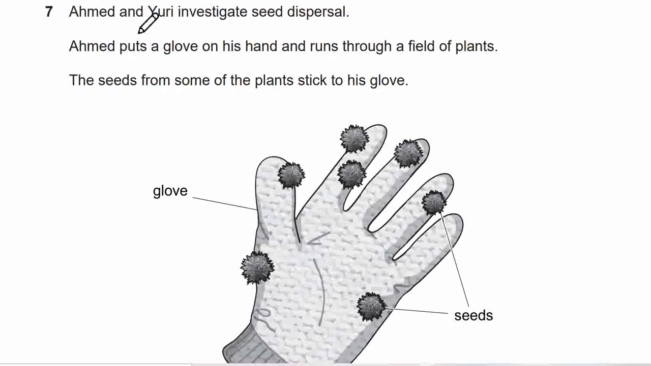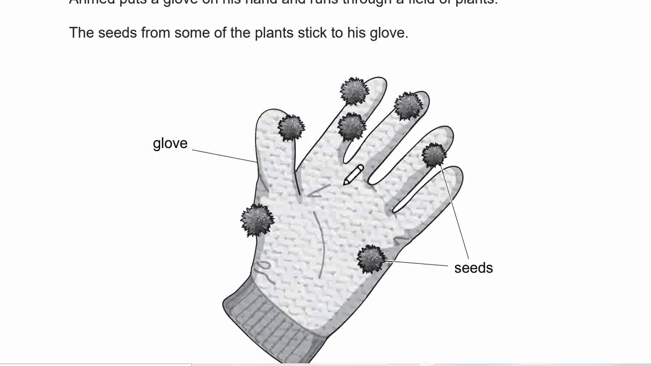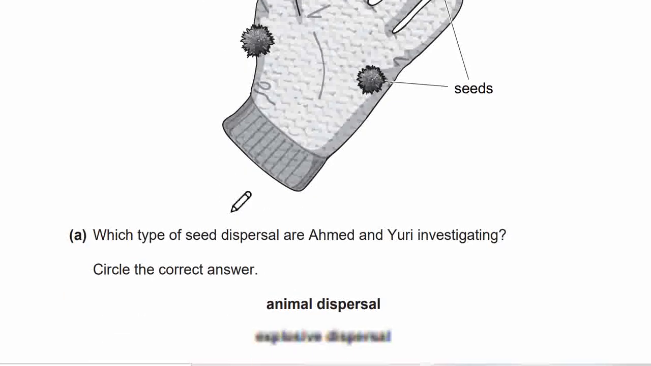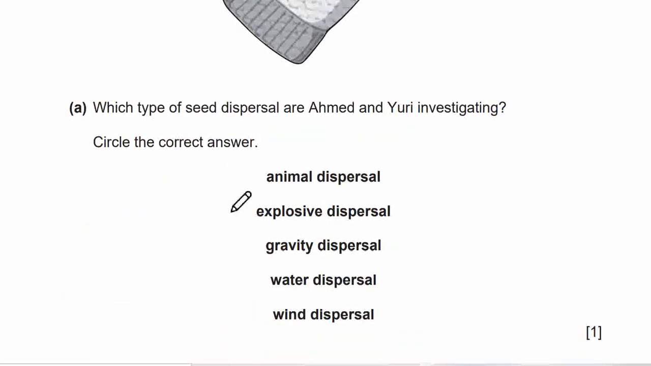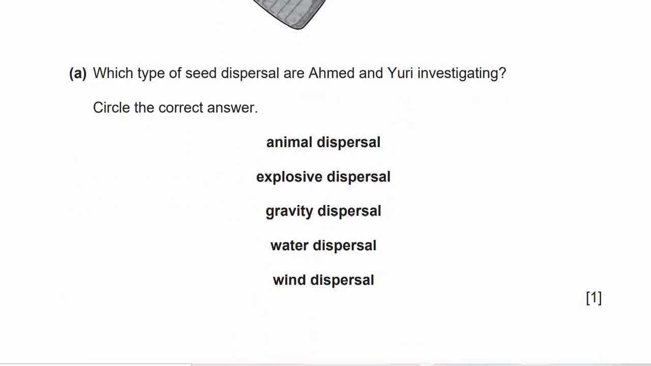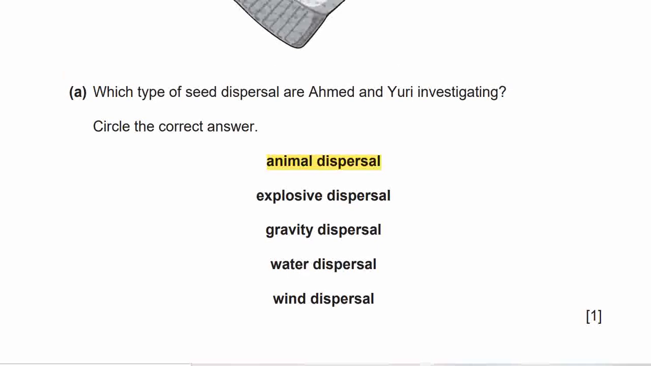Now let's see question number 7. Ahmed and Yuri investigate seed dispersal. Ahmed puts a glove on his hand and runs through a field of plants. The seeds from some of the plants stick to his glove. Which type of seed dispersal are Ahmed and Yuri investigating? Is it animal dispersal, explosive dispersal, gravity dispersal, water dispersal, or wind dispersal? Well, the correct answer will be animal dispersal